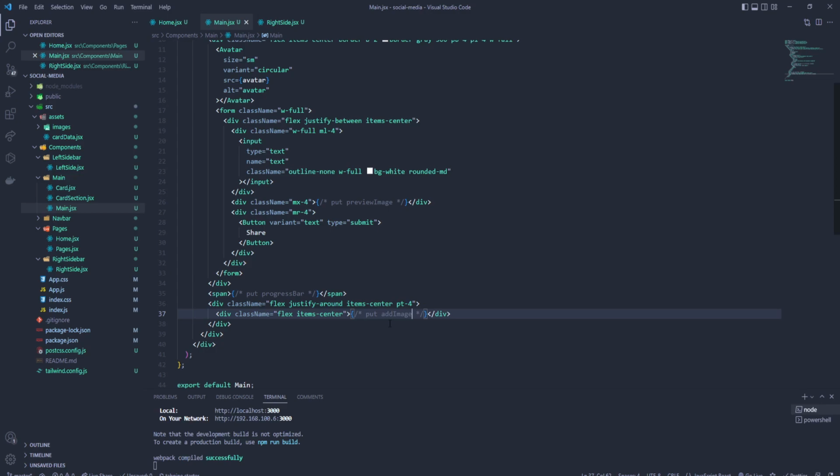Then what else we need? We will have that label over here. Let's add it like this, put image and button for upload